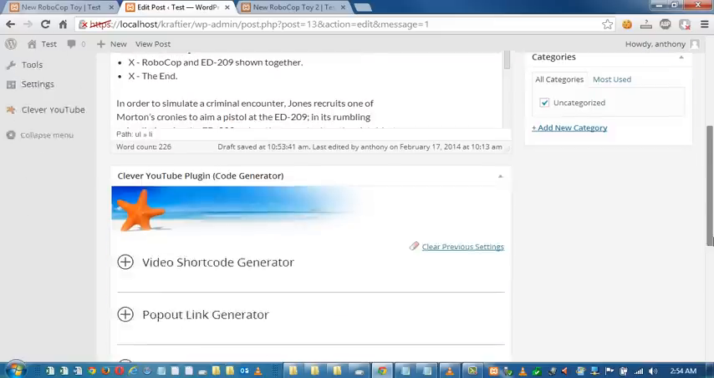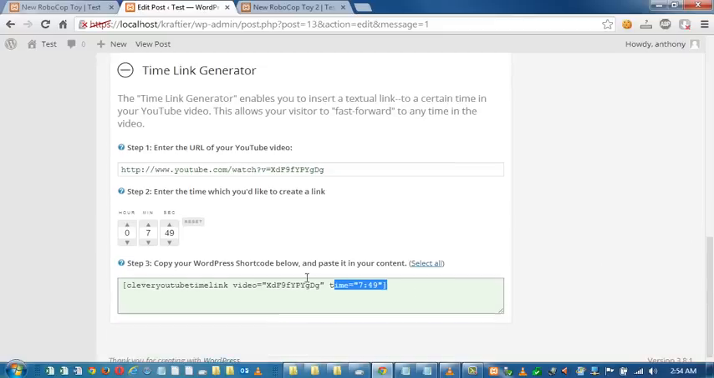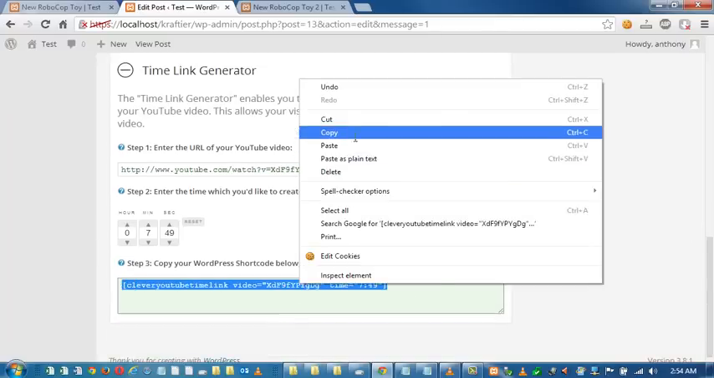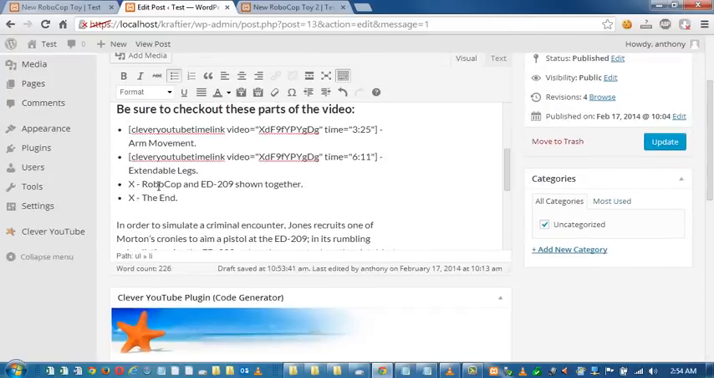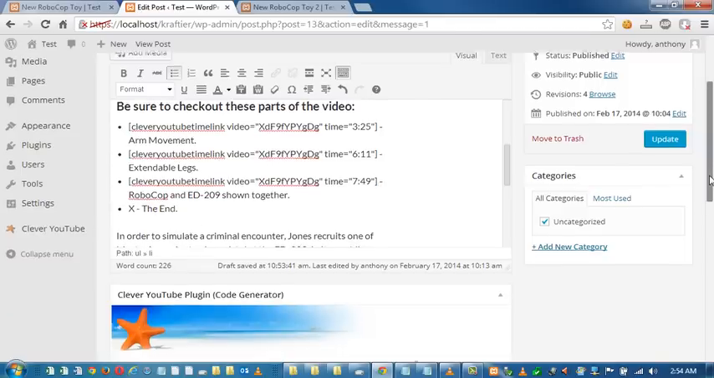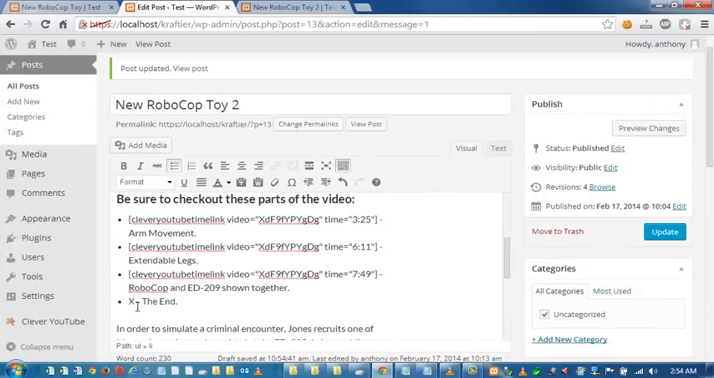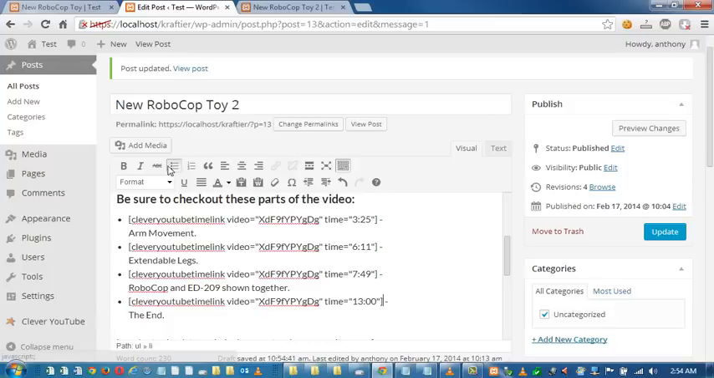What happened at the next one there? At time 7:49, the video creator was showing the robot next to the original RoboCop figurine. So we'll paste that here. And the video itself ended at, I think it was 13 minutes and 2 seconds. So we're just gonna jump to just a bit before there at 13:0. Copy that, and we'll paste that on the final X, and we'll click the update button